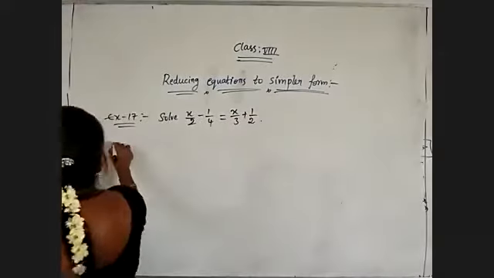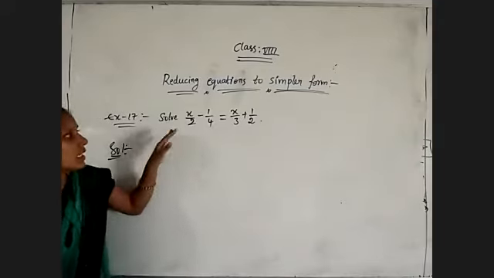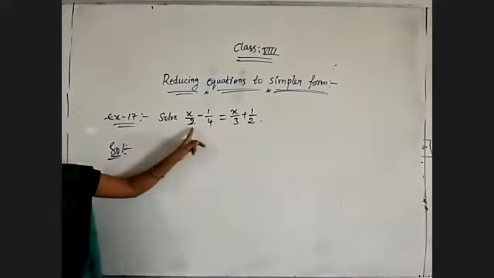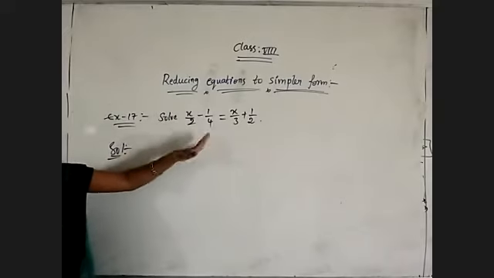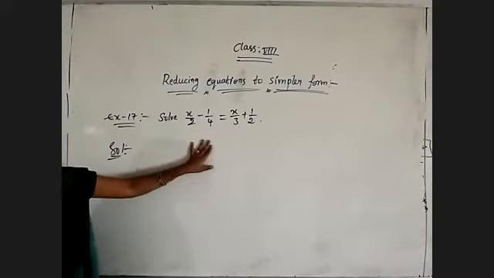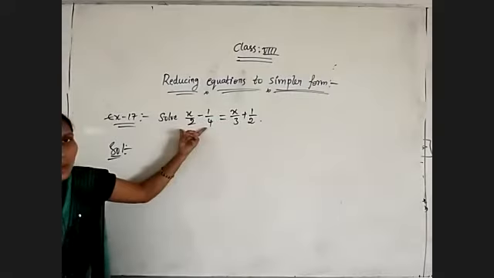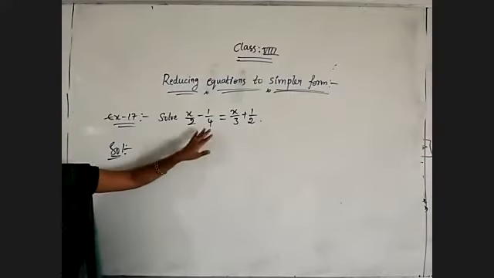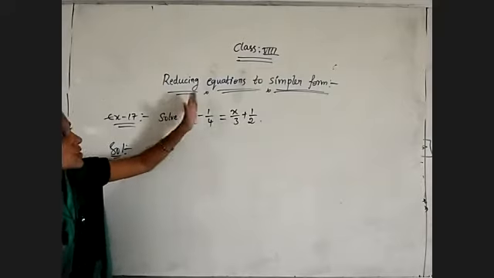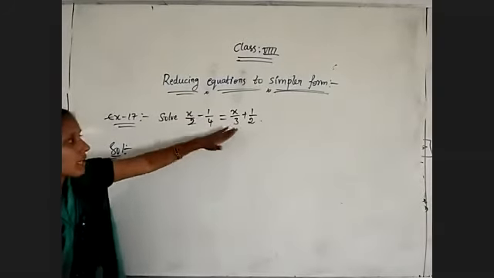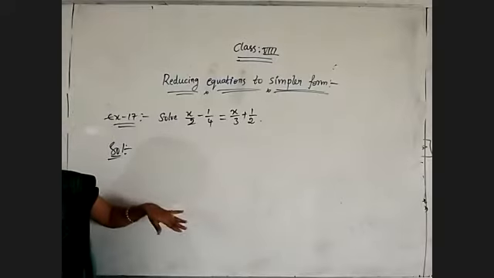So observe, as I told you, till now, whatever problems we did did not have fractions. Directly we got x minus 4, 2x plus 3, like that. Either we get the variable on one side or two sides. So we did not get fractional form. In this case, first of all, we need to simplify this equation. So, reducing equations to simpler form: first we need to write their simpler form. After that we will solve the equation.